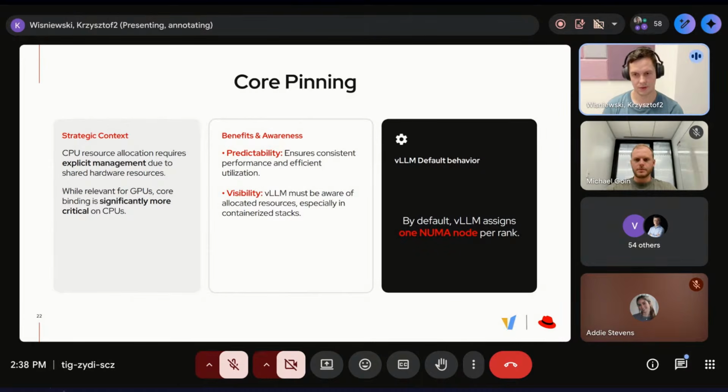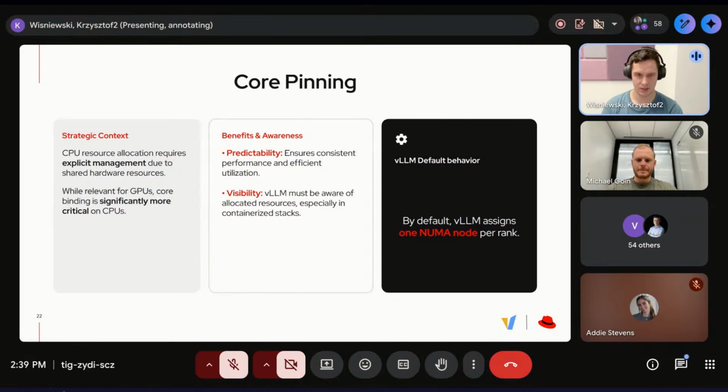NUMA stands for non-uniform memory access. This means that you have regions on the CPU which don't have the same memory bandwidth as other regions.